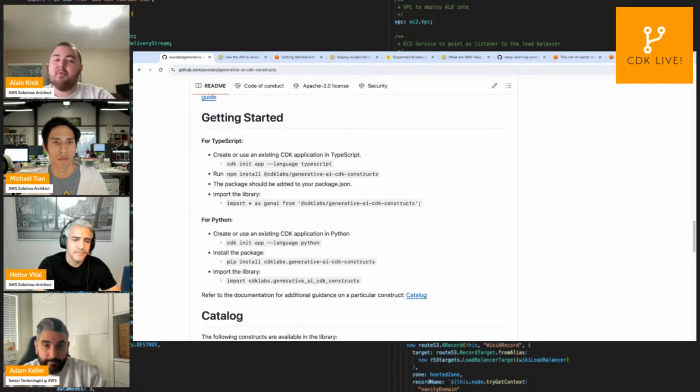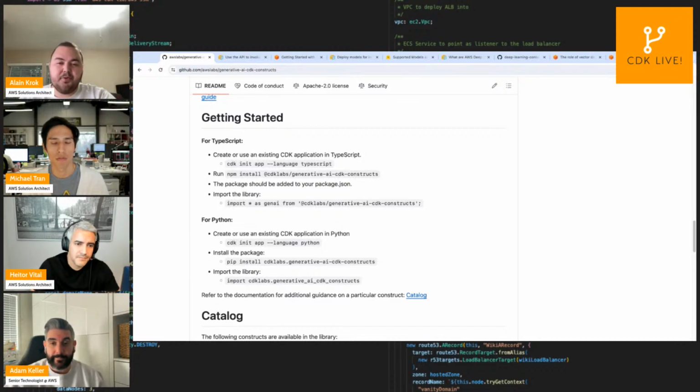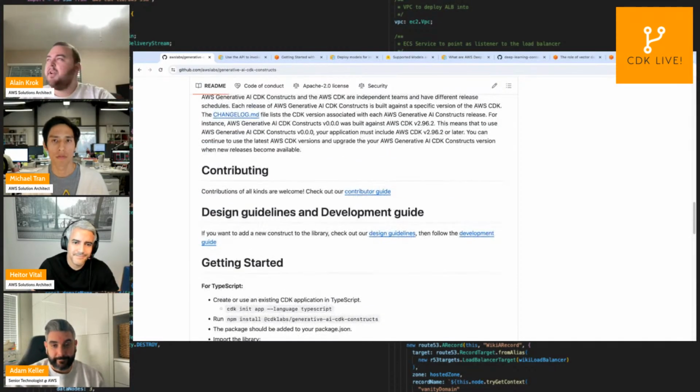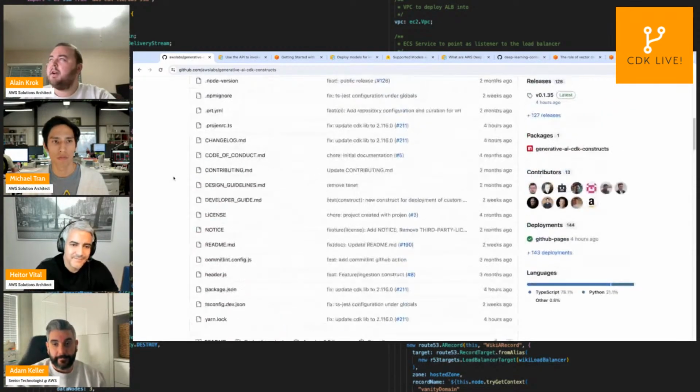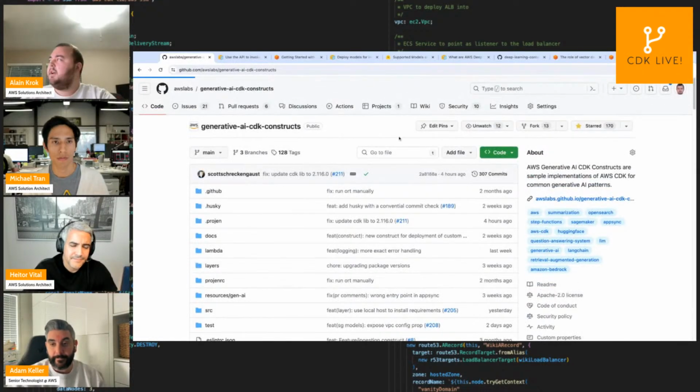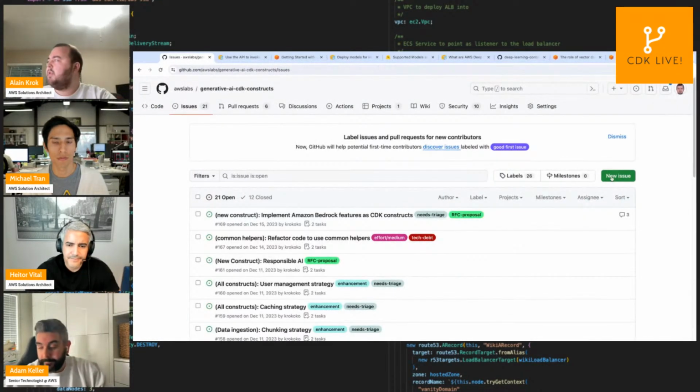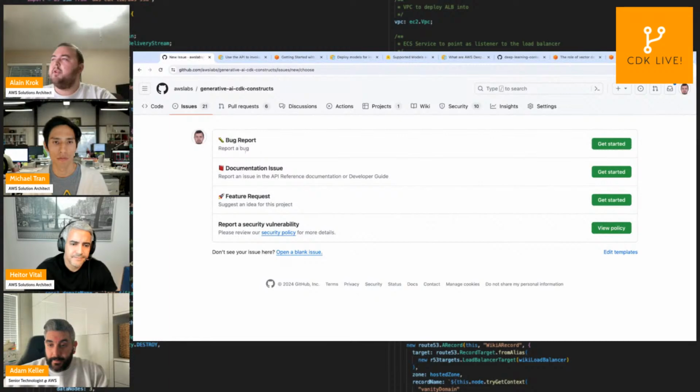What would you recommend? Yeah, absolutely. Everything that we build is based on user feedback and requests. So you can go to the issues on GitHub, and we have different types of issues actually. You can submit a new one if you have a bug that you want to report, any issue with the documentation, or even a feature request, like supporting a new type of language, a new feature that you want to see in one of the patterns, a new pattern that you're interested in, and so on. You can do this very easily through here.